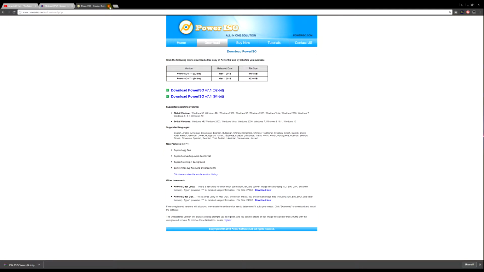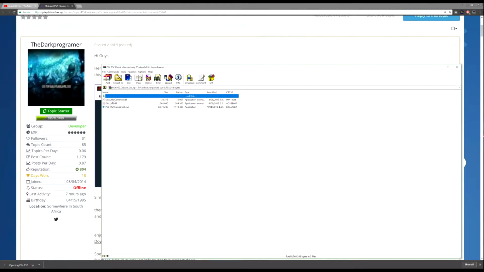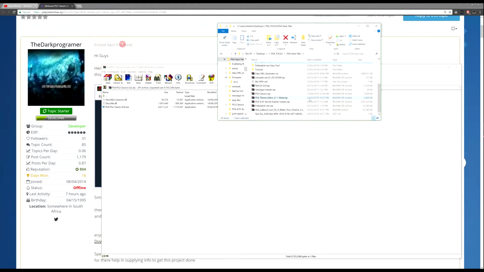Once you've got that installed as well, just go ahead and do it, and pause the video if you have to, come back and we'll continue from there. Once you've got those two things downloaded and installed, I'll show you how to install this as well. You're going to open up the file you've downloaded, and he's got a couple things in here. I'm just going to put this into my PS4 hack files folder, because I put all my stuff in here. So let's make a new folder called